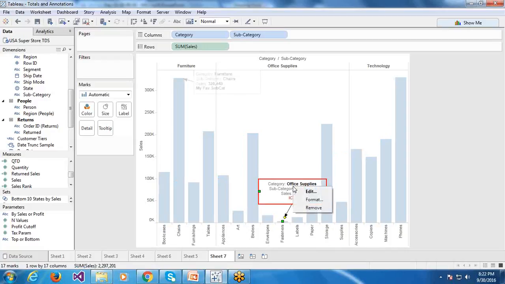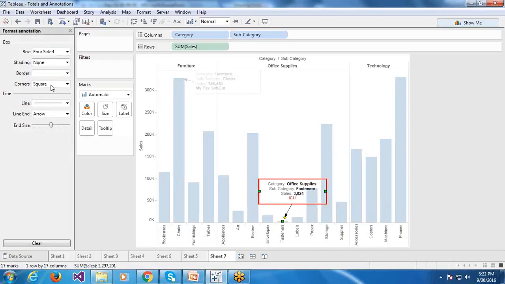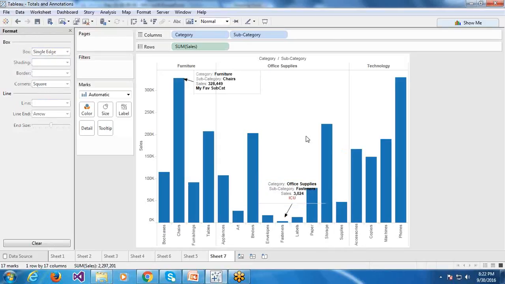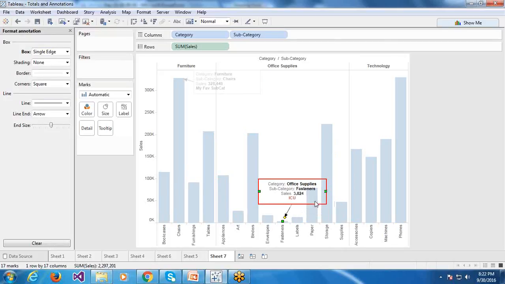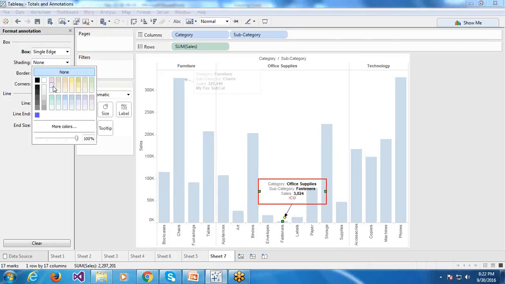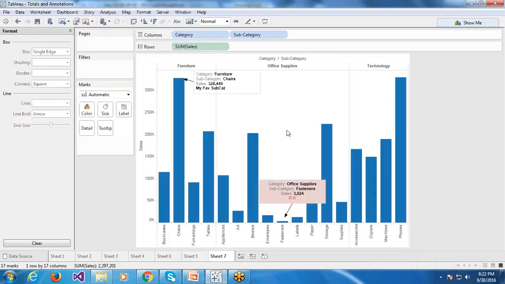You can format this. There are a lot of format options. If you want to apply shading for this, you can apply shading. There are a lot of formatting options. We will discuss formatting sometime later.